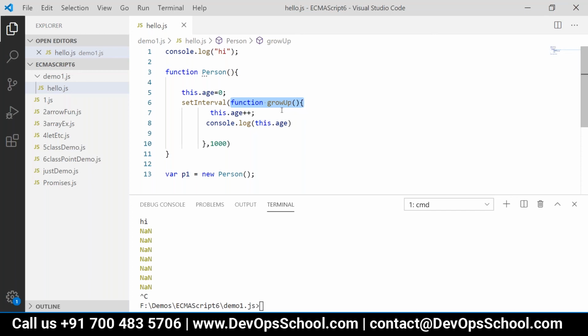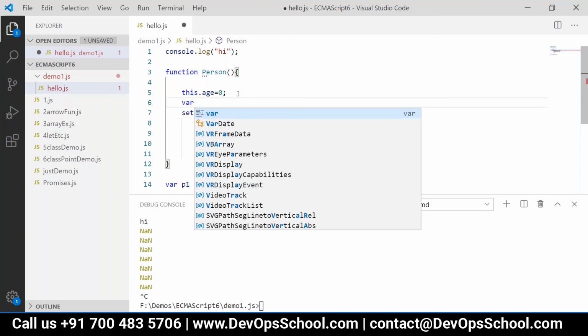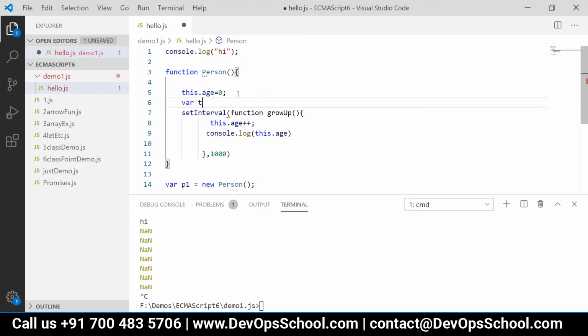This inside person refers to the person. Right? So what we want to do, we want to refer to this of person inside grow up. So store that this. By convention, we should store the this of outer inside that. So create a variable that, where that equal to this.